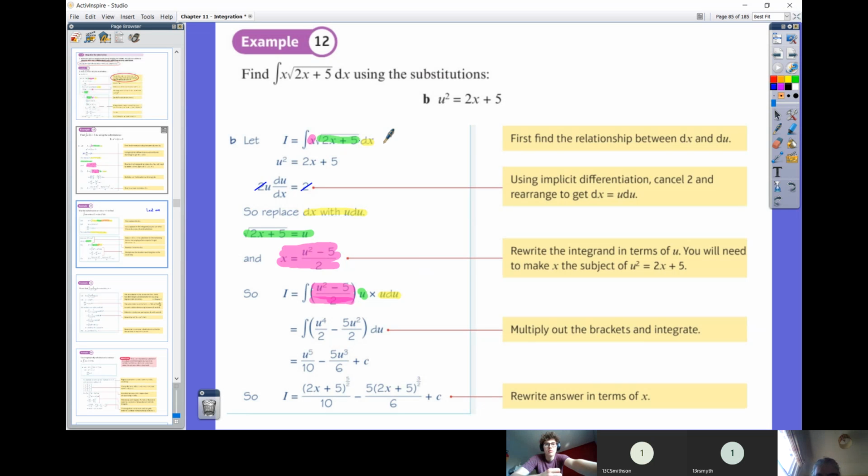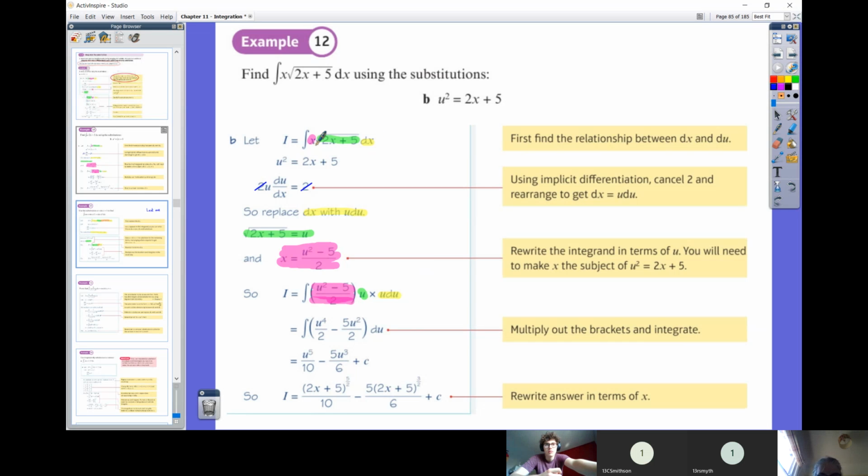The green bit, because this is our starting point, when we square root both sides of this, we get u being the square root of 2x plus 5. So the square root of 2x plus 5 equals exactly u. So we're going to just replace the square root of 2x plus 5 with u. So we've got the yellow bit in terms of u, we've got the green bit in terms of u, and